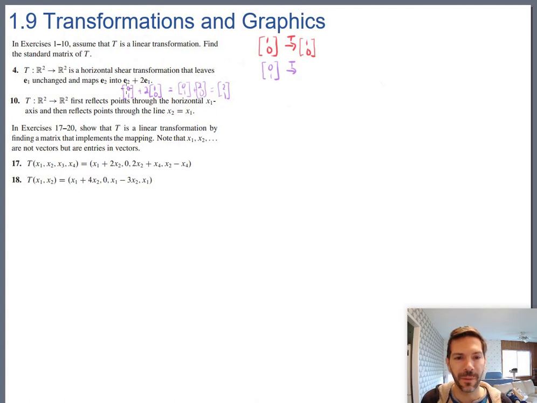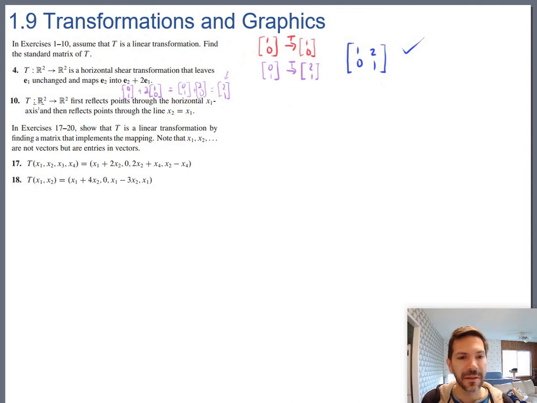And hopefully as you get more comfortable with E1 and E2, when you look at this and say it's E2 plus 2E1, hopefully eventually you'll be able to just write that down. But I wanted to at least once say, hey, that's where it comes from. So anyway, all that to say that E2, 0, 1, the transformation turns it into 2, 1. Which means we should be able to write down the standard transformation matrix T. So E1 goes to, same thing, E1, and E2 goes to 2, 1, and boom, we're done. And if you happen to check the horizontal shear transformation in the table, it'll show that sort of format. Okay,